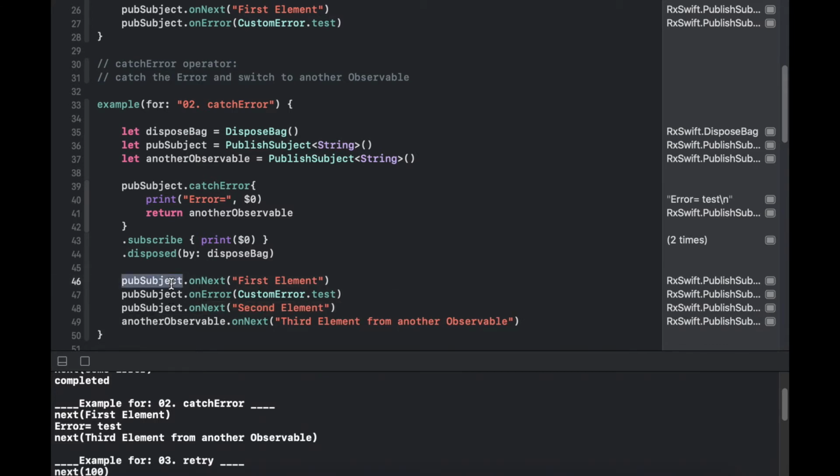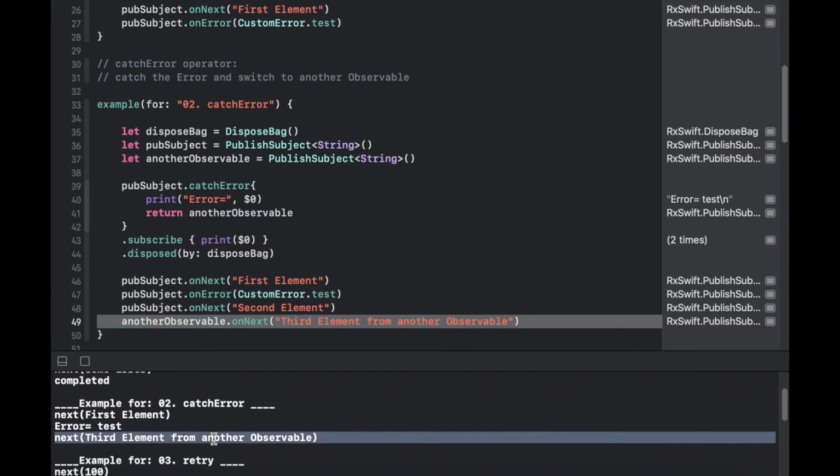But on line number 49 we emit one more element, the third element from another observable, and that is getting printed on your console. That means whenever the error occurs, your current observable gets terminated, and your pipeline is shifted to another observable through which you get this emission. So now you can understand the situation in which we use the catchError operator.